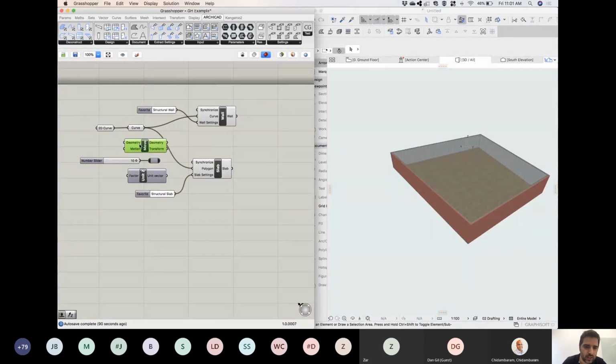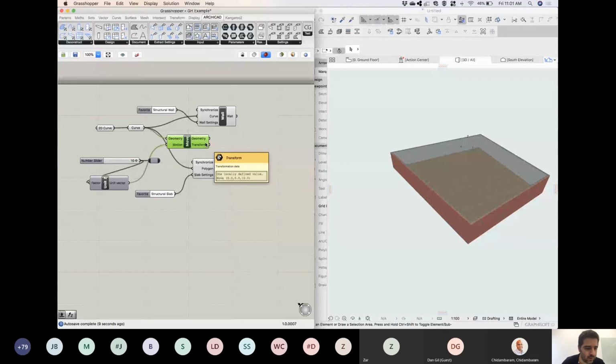So I want to say that this curve here, and I have this number slider, it's going to move in this direction. Okay, so we can check here. And then we want to generate